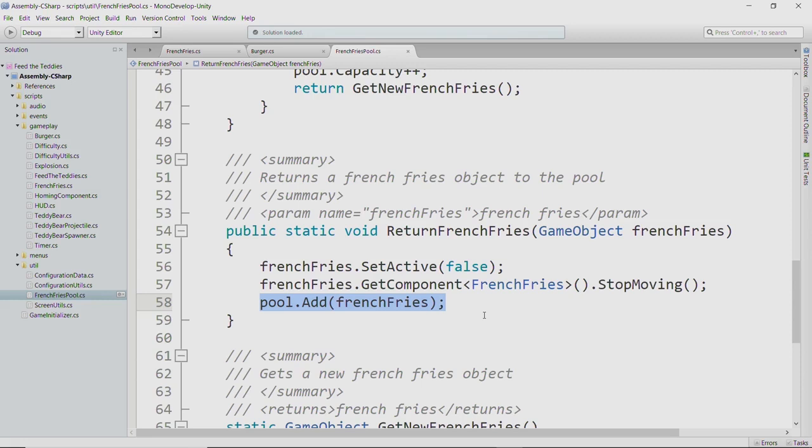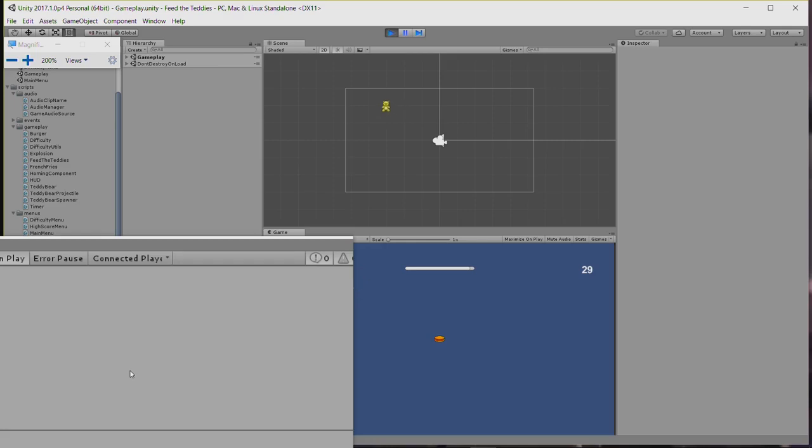So this implementation of an object pool is constant time for getting an object from the pool and returning an object to the pool, and that's better than the order n object pool implementations that you might see as you wander around the web. So if I play the game, you see I don't get any messages as long as